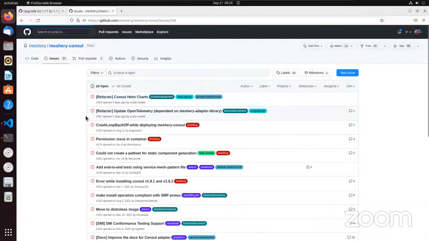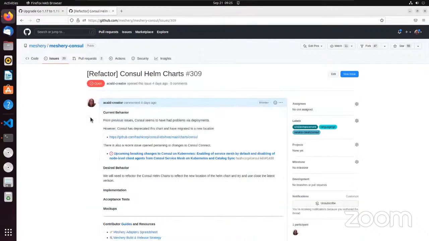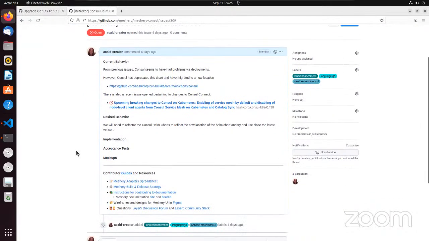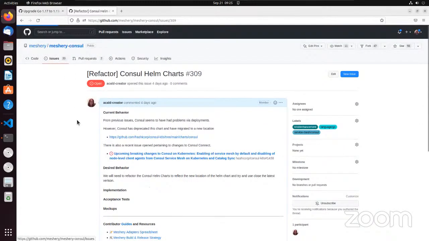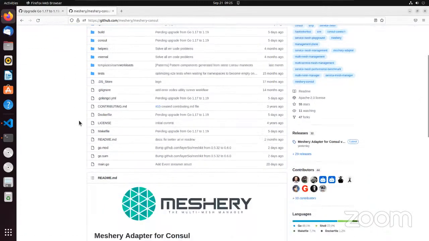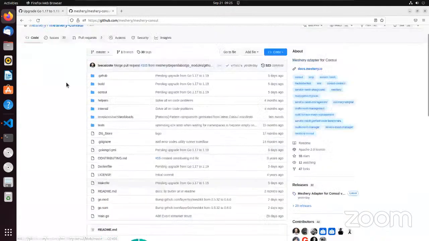And then also the console needs a refactor on the Helm chart because it's using an older version and they have moved to a different URL location. So that's one, but like I said, that's another item that can be done over time. The only thing I found that will cause a break was, where is it?